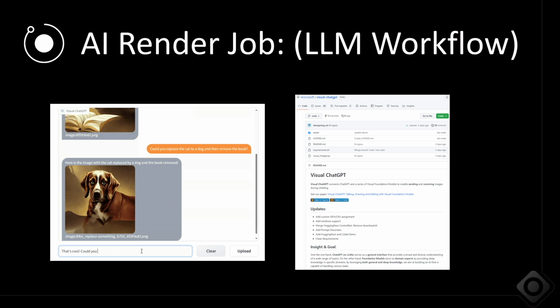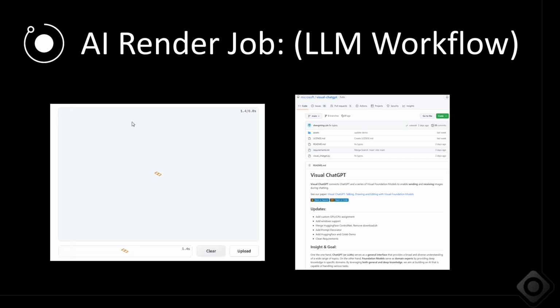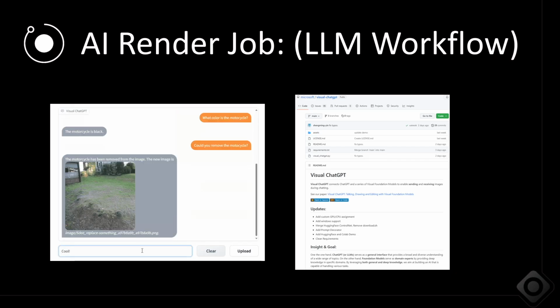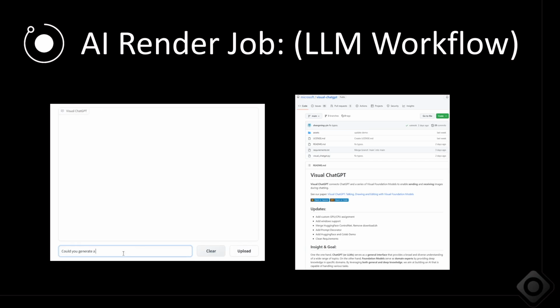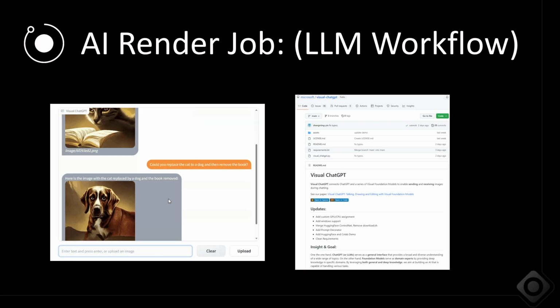Really, about a week ago, Microsoft released ChatGPT 4, and you're seeing here Visual ChatGPT, which is on GitHub. It's Microsoft's framework for loading images into ChatGPT. And I think if you can imagine your renders or part of your render jobs, your render craft going into a large language model similar to ChatGPT and having your text drive and control that in ways that are very